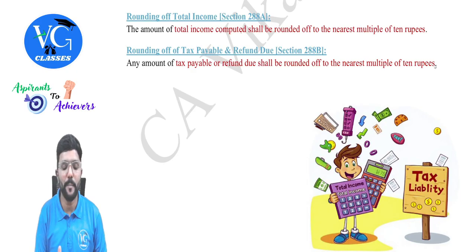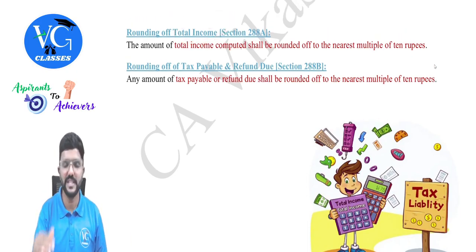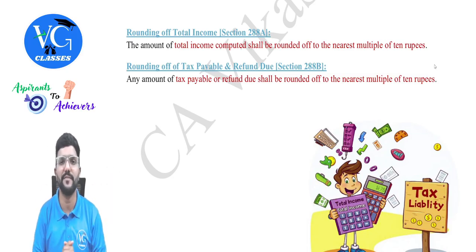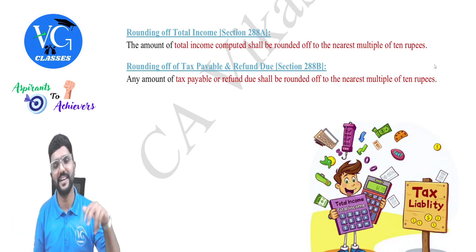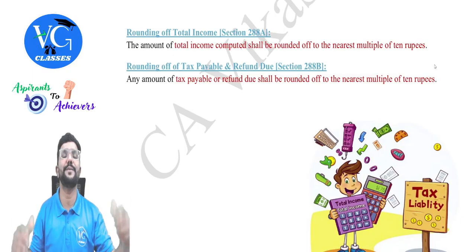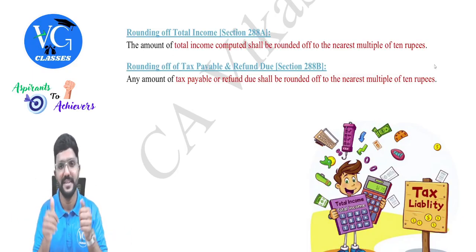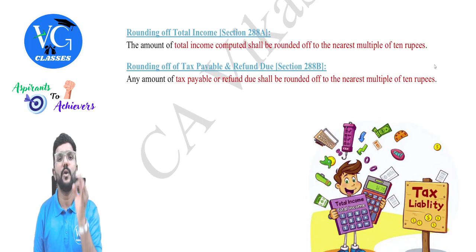Is that clear? And computation of total income we are not learning now. Computation of total income will start only from the next chapter, guys. We'll be discussing it. Okay, so we have different heads of income, clubbing, set off and carry forward of losses, deduction, TDS, TCS, advance tax, everything we have to cover. And then we need to see how we compute the total income, which is all a part of this chapter, guys. In this chapter, our focus is only to check how we compute the